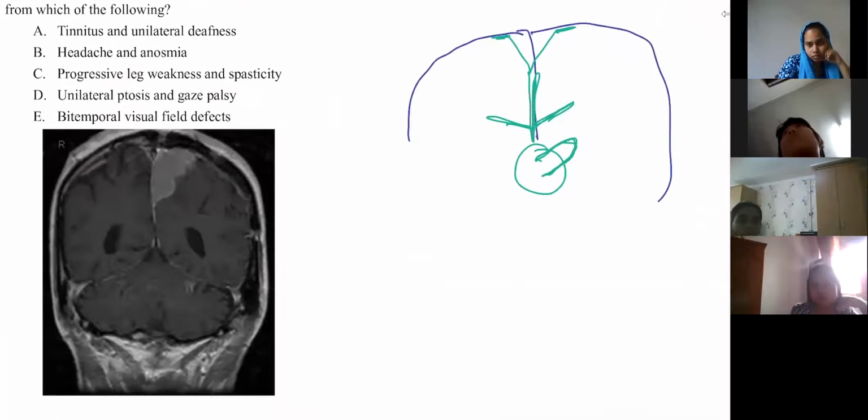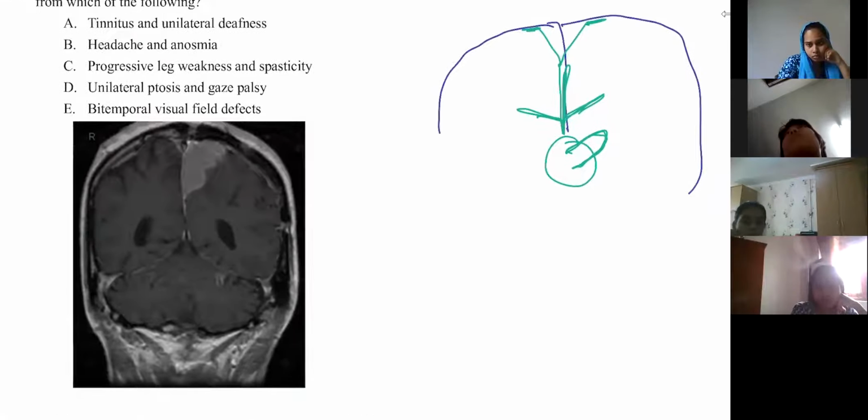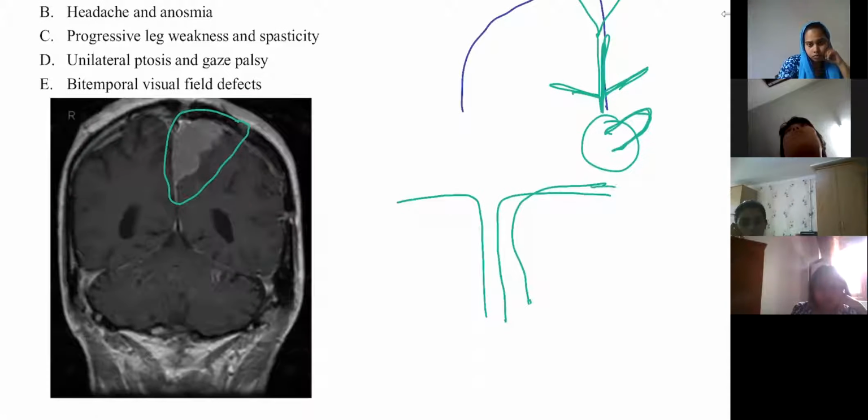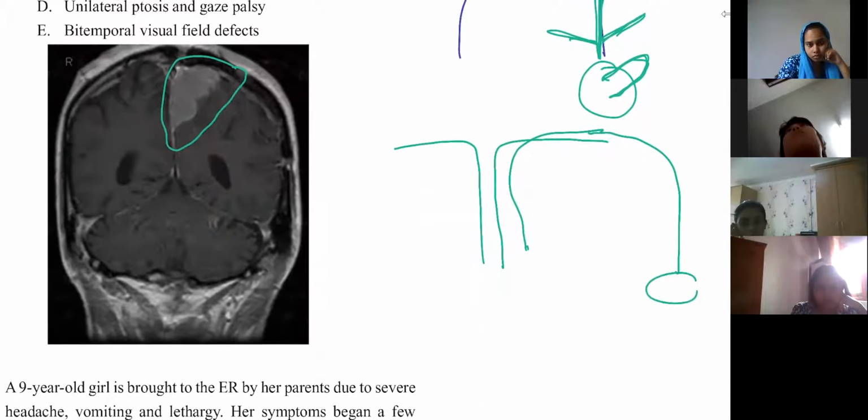If they give you a question like this and they tell that there is damage to a certain area, you look at that and you can see in that homunculus image also you get the same thing. You will see the legs coming like this and then the body coming like this. Okay,